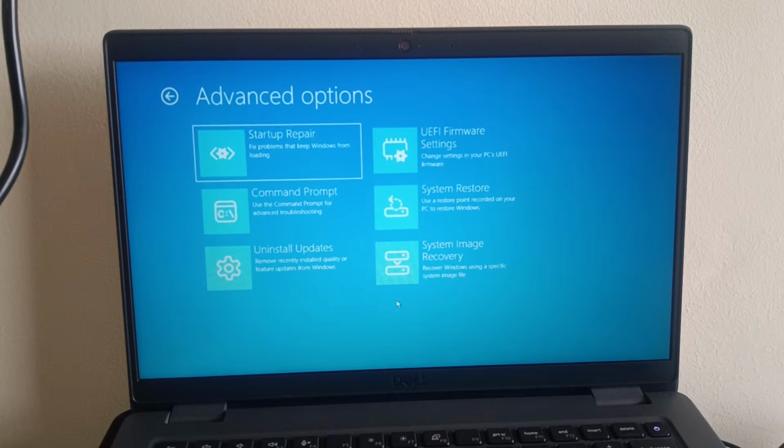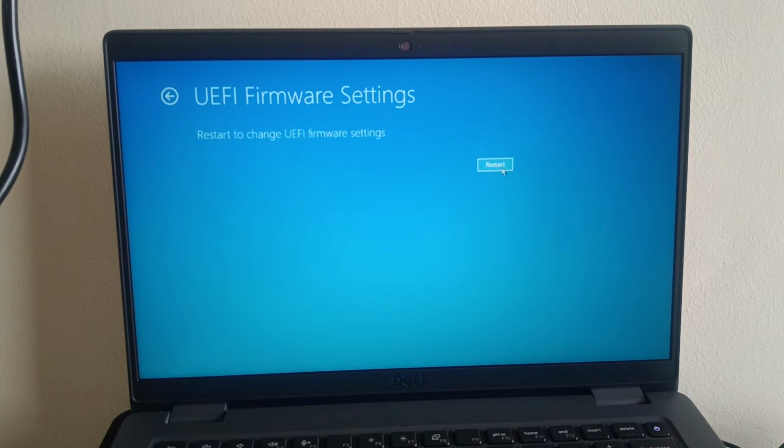Now we can go into the UEFI firmware settings on our system and see if we have made any changes in the BIOS. If you have made any changes or changed any hardware on your system, then you can go ahead with the UEFI firmware settings. Otherwise we have the option of the command prompt. So I will show you first the UEFI firmware settings and then the command prompt. Restart,